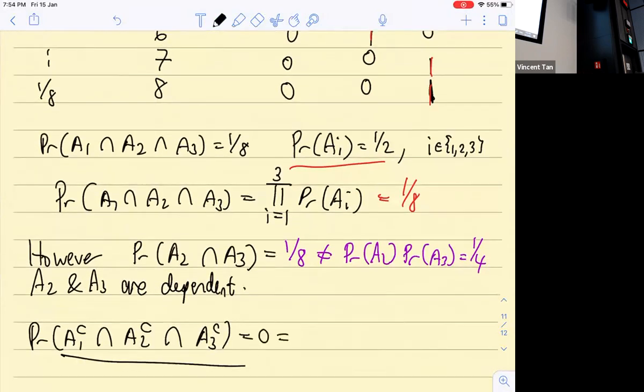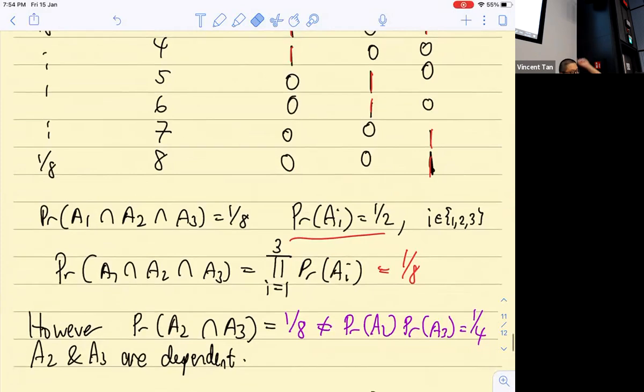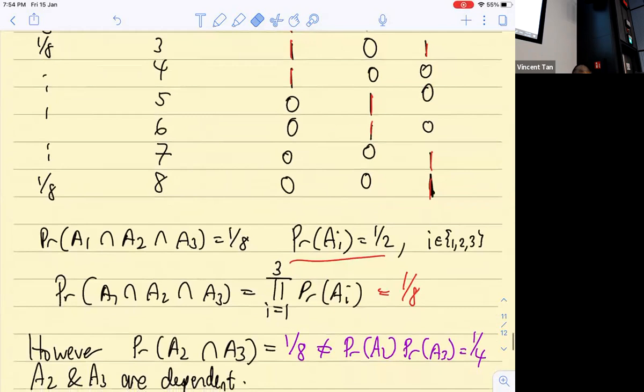But this is not the same as 1 minus the probability of A1, 1 minus the probability of A2, 1 minus the probability of A3, which is equal to 1/8, because each one of the products is half. So if we did have independence, if we did have mutual independence throughout, then the fact